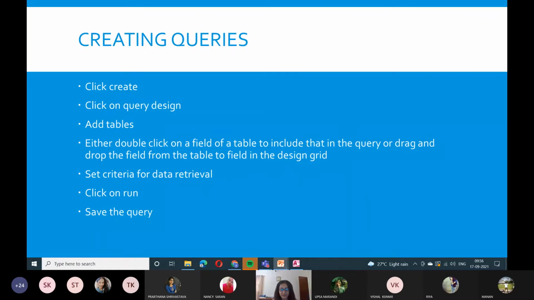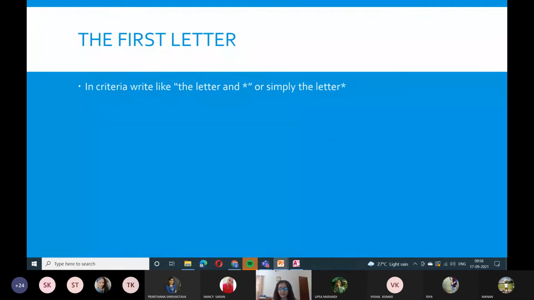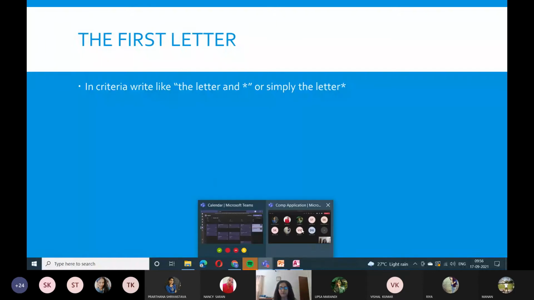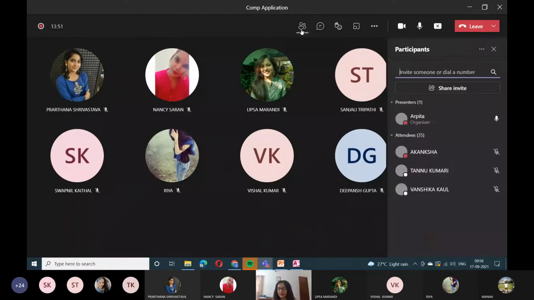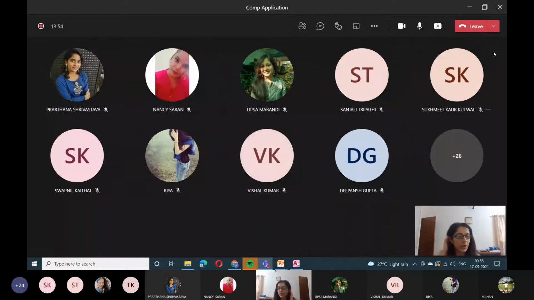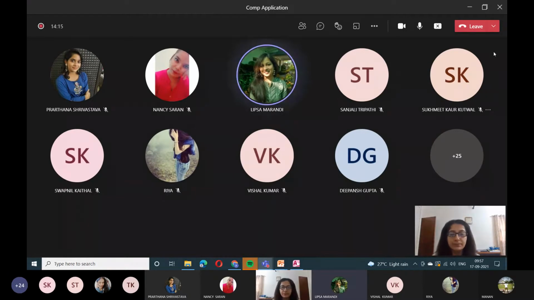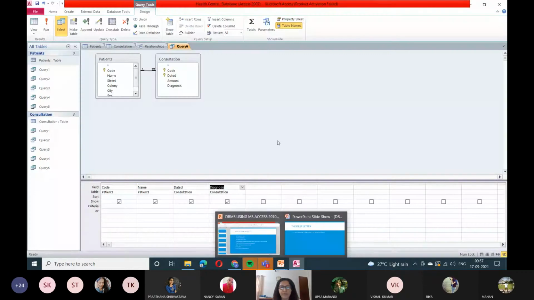So for instance, let's come here. The first query that we did, I want to confirm from everyone who's in the class. Can anybody respond to this? If I have to get the employee records or the employee code, employee name, and let's say those employees who have their name starting with A, what will be the criteria that I will write in the name field? Can anybody tell me? Have we done it or not? Please confirm. Ma'am, code A star. Okay, the first letter and then star, right? That's right, Lipsa.